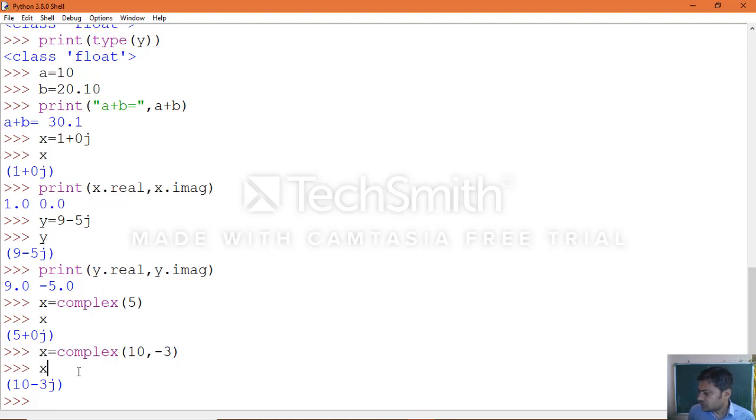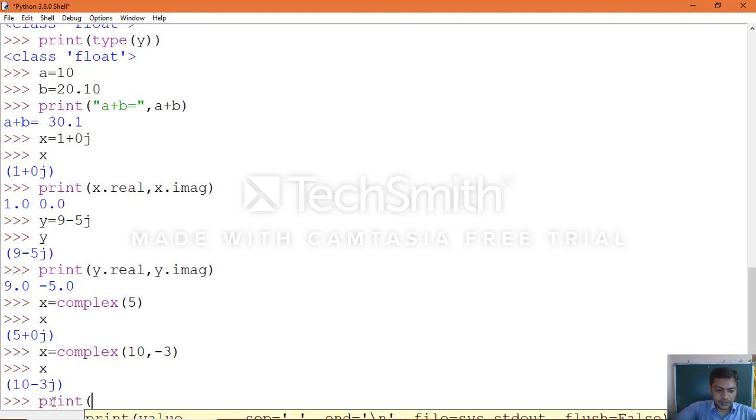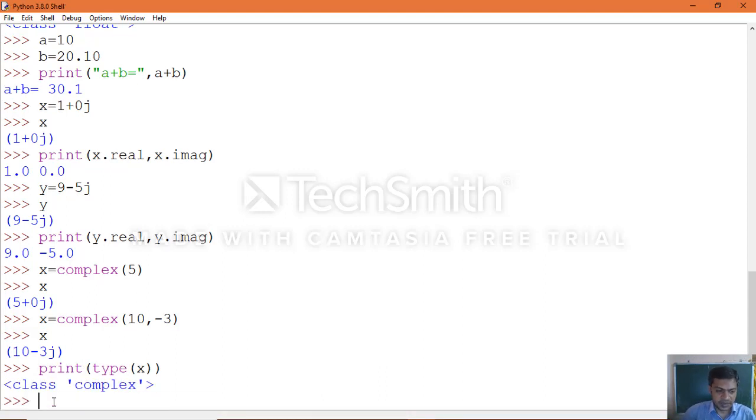So now we are proceeding with this type also, to see how we can check the x value. Okay, if you want to check, yes, you can check with print type of x. Let's see, complex. It will give you the type of data it is holding, complex. Okay, so we come to know how we can make use of complex numbers.